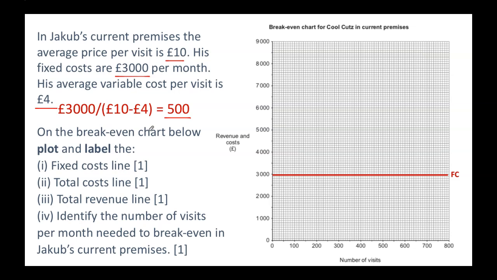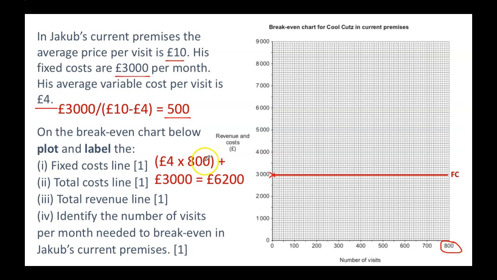Total cost, this is going to be the hard one. Now we know that total cost, even if they don't have any haircuts or sell any haircuts, it's going to start there. All these lines are going to be straight, so all we need to get is another coordinate. So I've decided just to plot it to the end. I'm going for, what would the total cost be at 800? So variable cost,